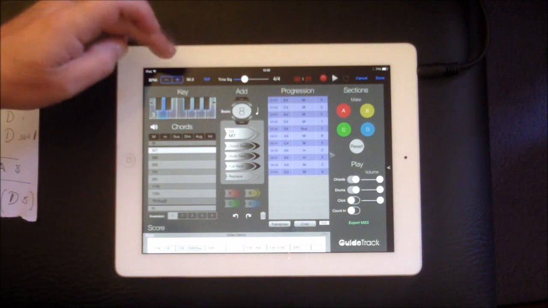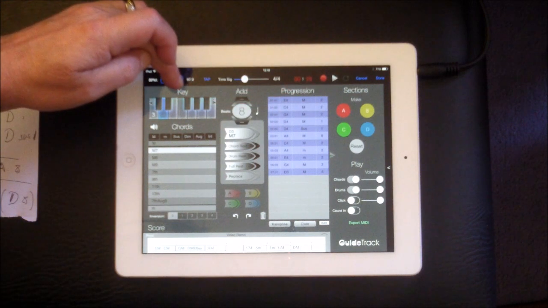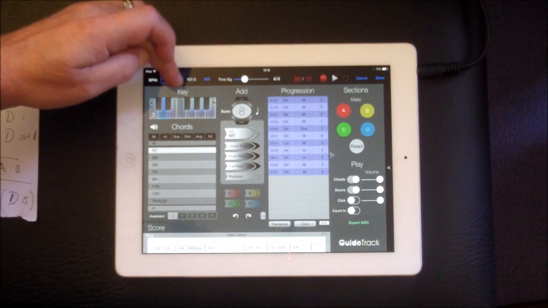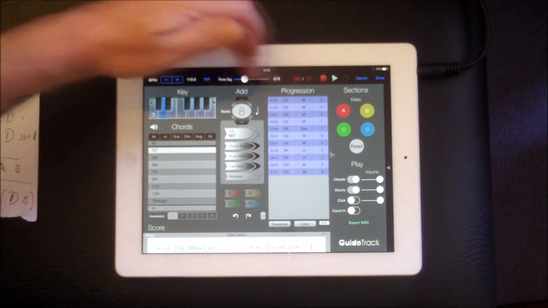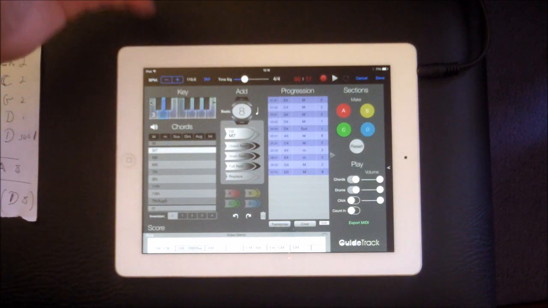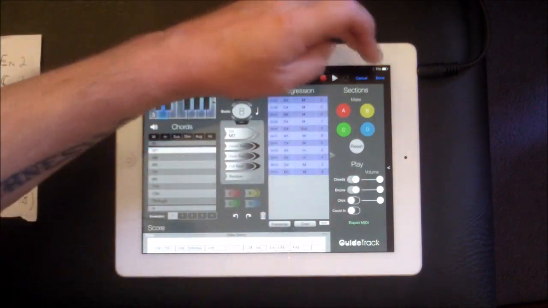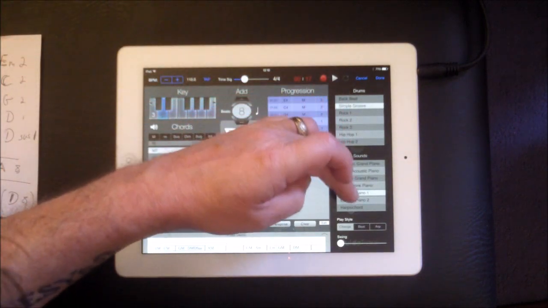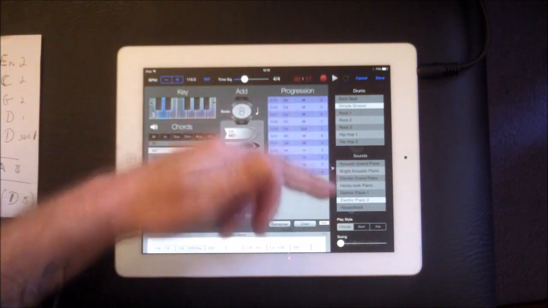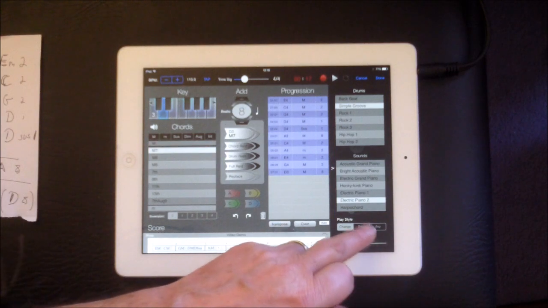Right, okay, so I think that's too slow, so I'm going to speed the tempo up here to about 110. We can tap our thing in as well. We have loads of different time signatures in there as well, but I'm going to stick with this and our little mixer. I want to change the groove a little bit, so I'm going to have this play with electric piano 2, and I'm going to have it play on each beat.